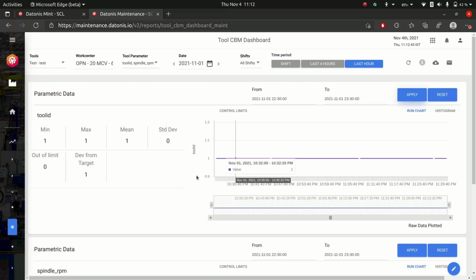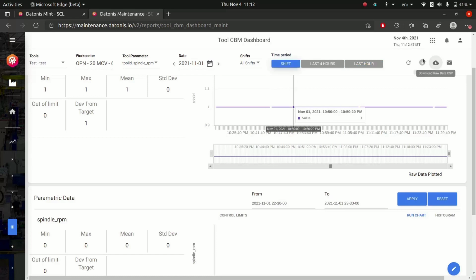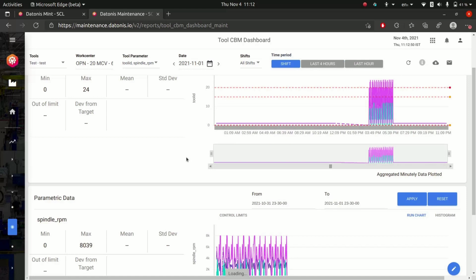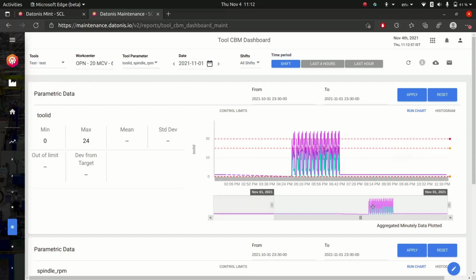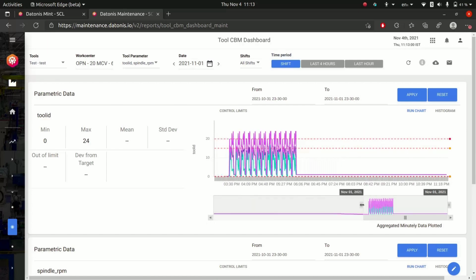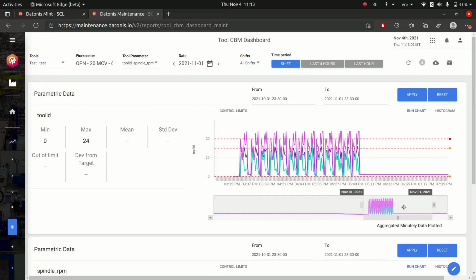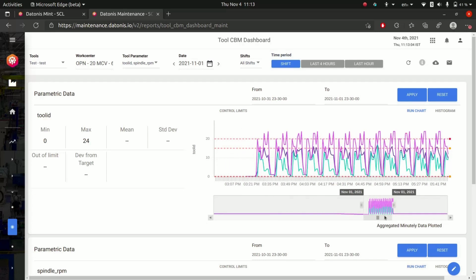Now let's go to the shift data again. In this shift data, suppose you want to zoom in on this graph, then you can zoom in from here. After clicking on this zoom level, you can set that particular zoom level and it will show you the data for this zoom level.